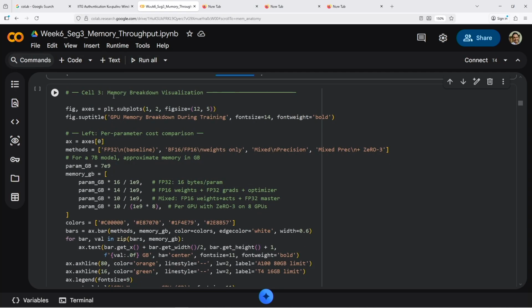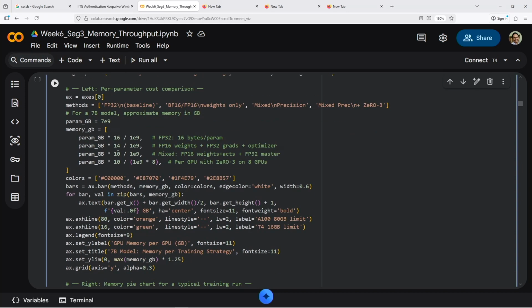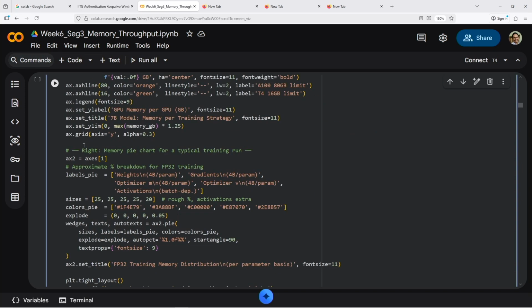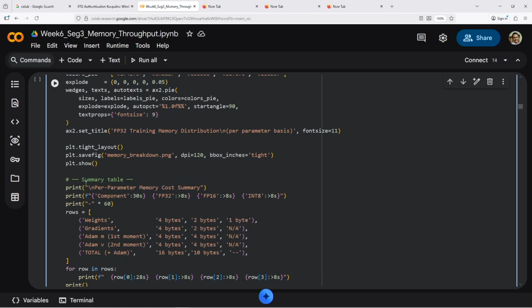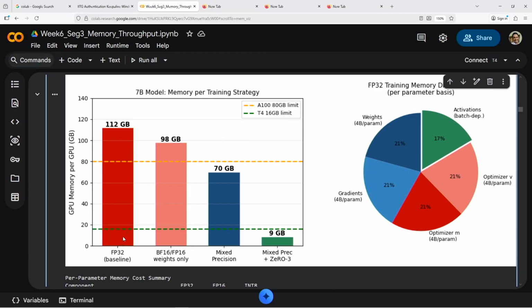Okay, so if you look at the memory breakdown visualization, say I have a 7 billion parameter model. Here is the simple calculation that we just followed through, and we plot it. You can see the baseline, which is FP32, is around 112 GB for this 7 billion model. Weights only with BF16 or FP16, 16-bit quantization,